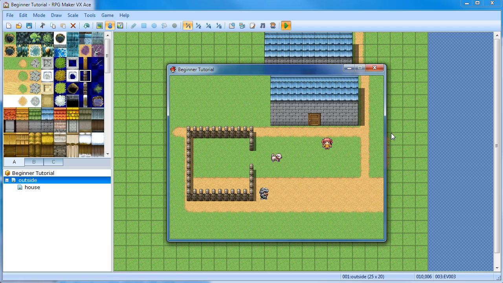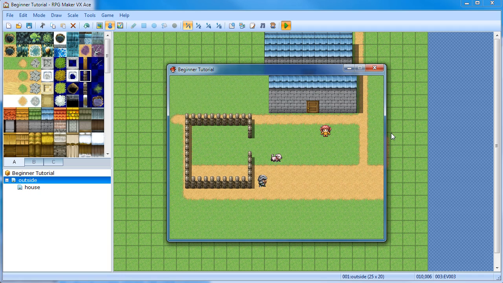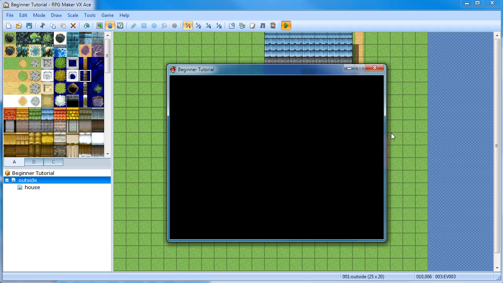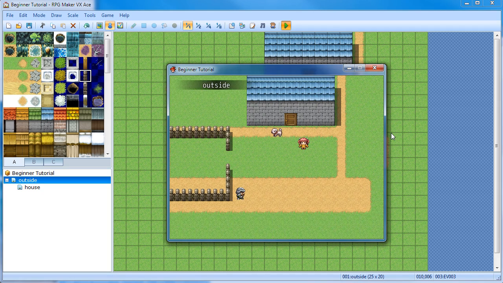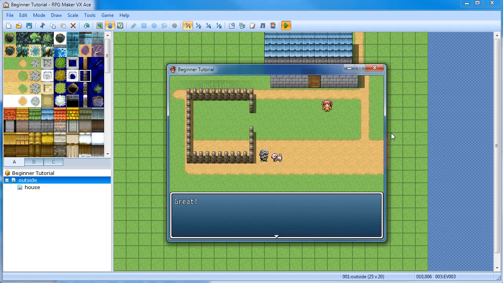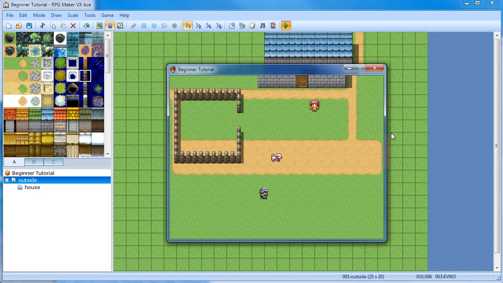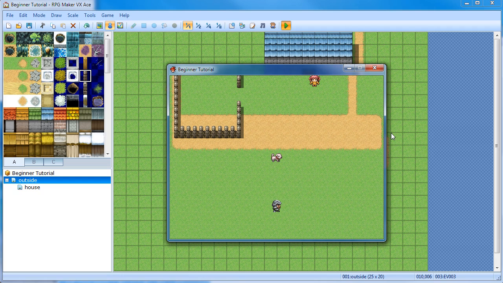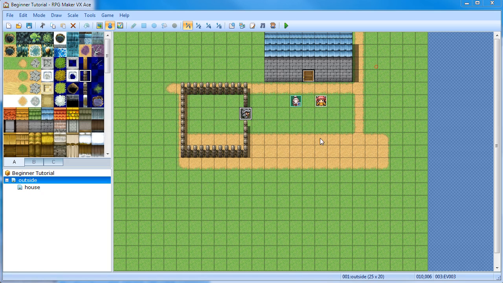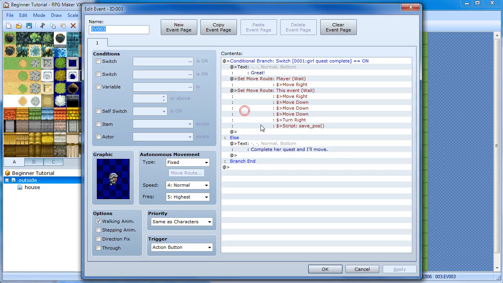Okay, so now he moves. Now we're free to do whatever. Now let's go in here, and we'll go back out, and look, he is still where he was. You'll notice a little glitch here. Each time we talk to him, he keeps leaving and walking in the same place. So in any case, he did remember where he was supposed to stay,